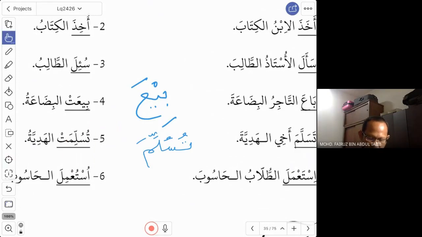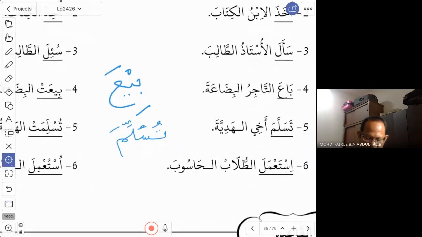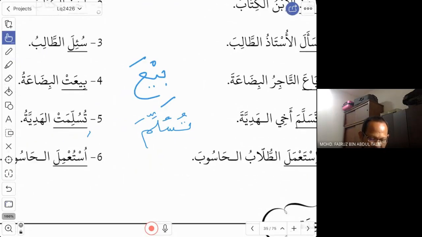So again, look at the words again. Tasallama. Now it becomes tusullima. So there is a qaida. How do you change from tasallama to sullima? We will see that inshallah. Okay, tusullima, was received. The hadiyah, the gift was received. Now,